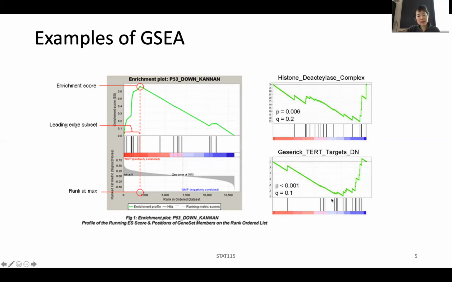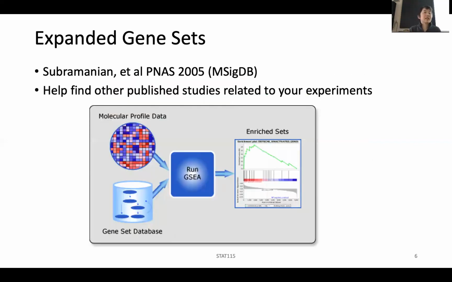So that will give you a kind of a downregulation enrichment. And so this can be used to evaluate enrichment for both upregulation and downregulation. And since then, the Broad Institute has really expanded this into something they call the Molecular Signature DB. The paper was published in 2005, but since then they have continued to collect the data and put them in